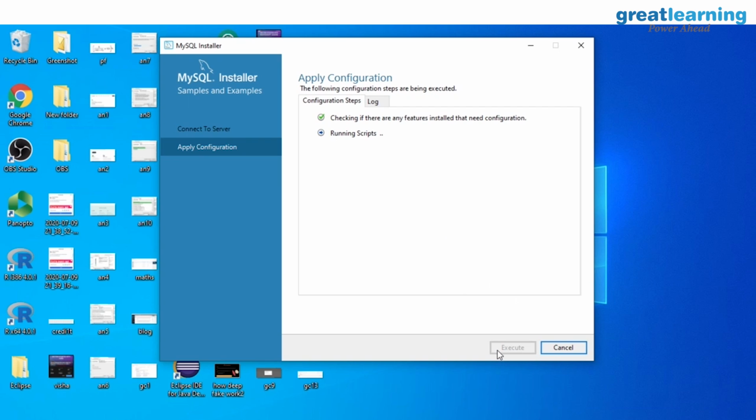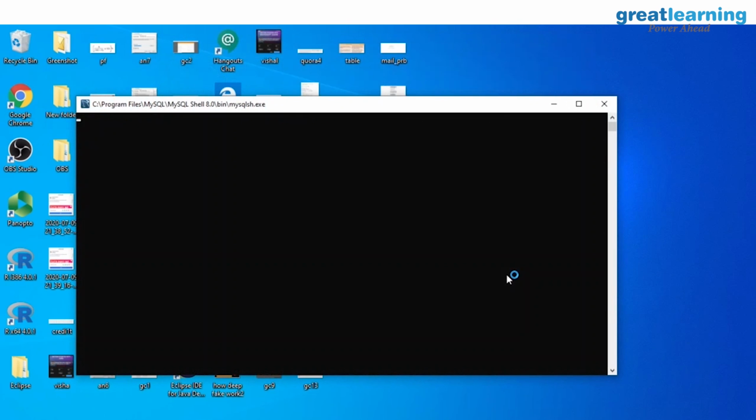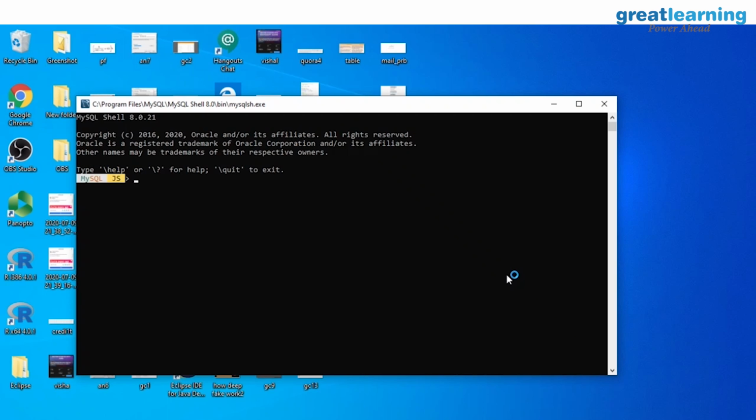Then again execute. The last is these configuration steps, and then we will move forward to the installation finish process, right? That's all we need to do. We will wait a few seconds for these things to get executed. Now you can see this part is done. Now I need to click on finish, then next, and then finish, right? Yes, can you see that mysqlsh.exe already came up? So your MySQL Shell is ready to work with.